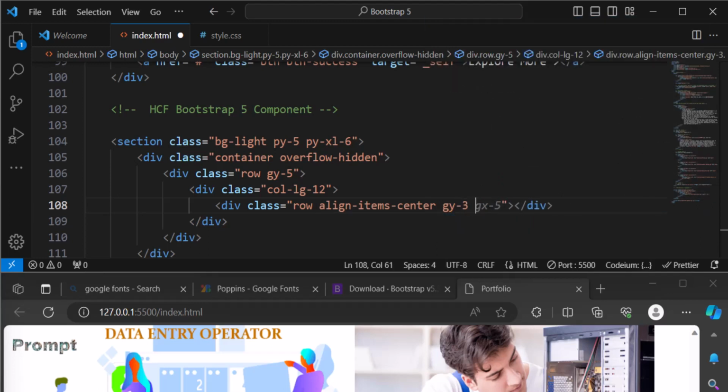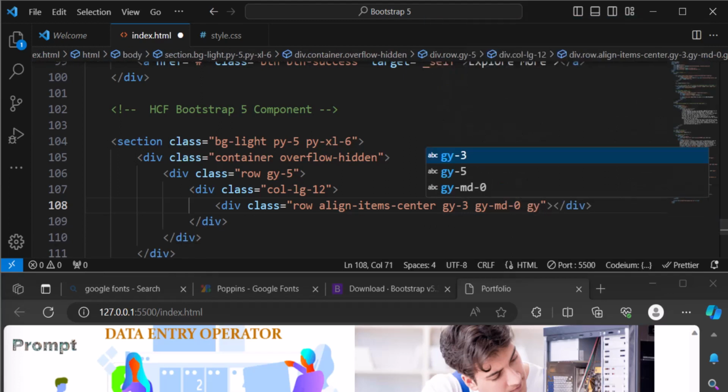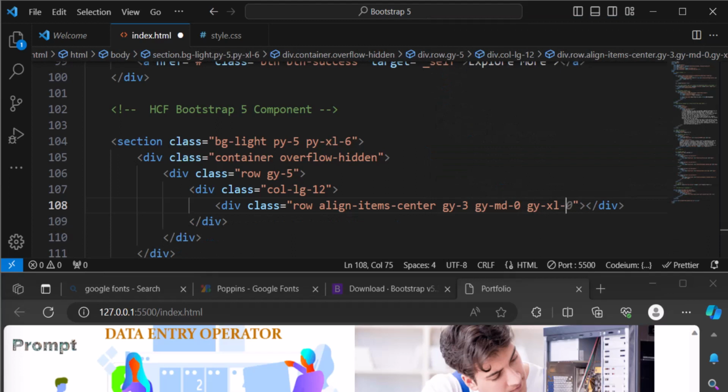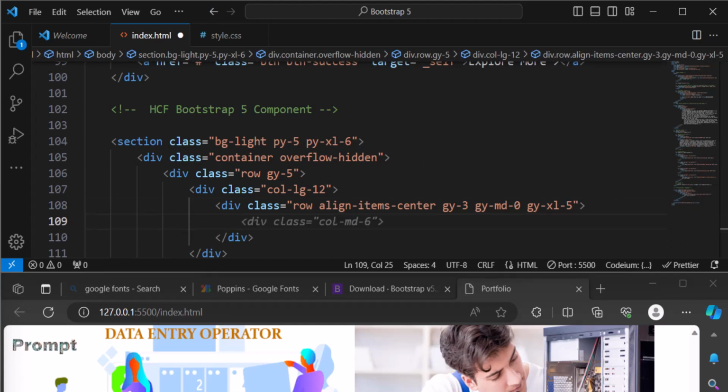It also has the g-3 and g-md-0 classes to add gutter spacing between its child elements on all devices except medium-sized screens, MD, where the spacing is removed. The inner row has two column elements with the col-xs-12 and col-md-6 classes. The first column spans the full width on extra small screens, XS, and takes up 6 columns on medium-sized screens, MD. This column contains the following elements: